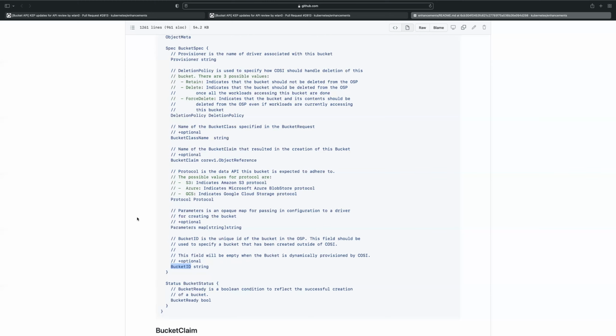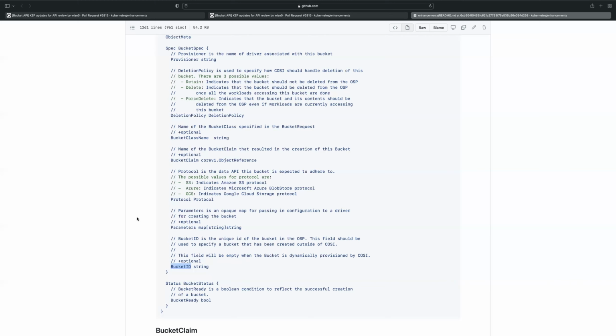Okay, and both are the same value, there's no difference. Right. I have a follow-up question. For the brownfield case, if the admin is creating the bucket resource, should they need to know the backend bucket name, or is it not needed? The driver will figure that out.